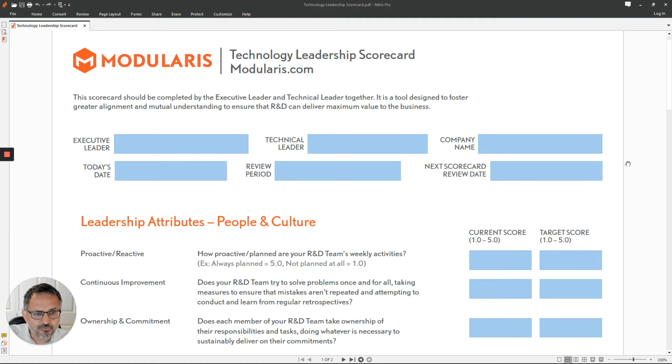All right, let's walk through this now. So very simple. Enter your name here, your technical leader's name here, company name. What I will say is that this scorecard should be filled out in conjunction with your technical lead. This is not something which should be done over the wall. It should be done in an open and transparent way. And this can certainly be made part of an incentive structure, a review or bonus structure, if that's what you'd